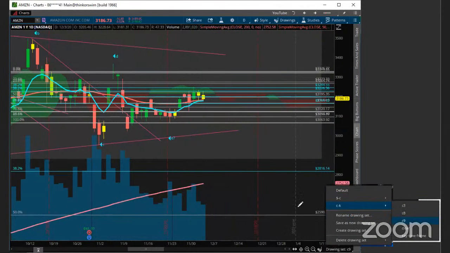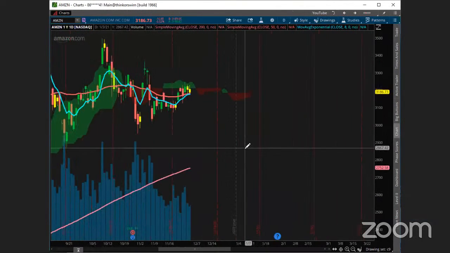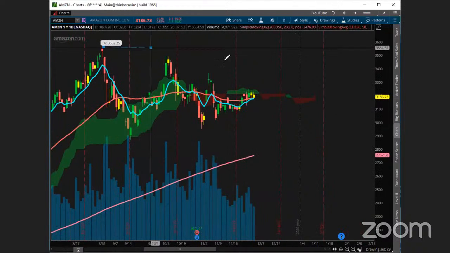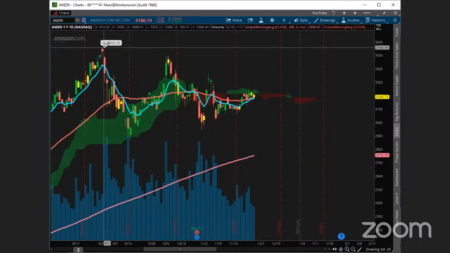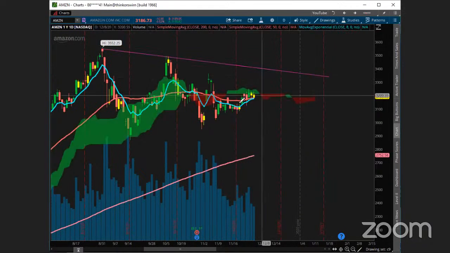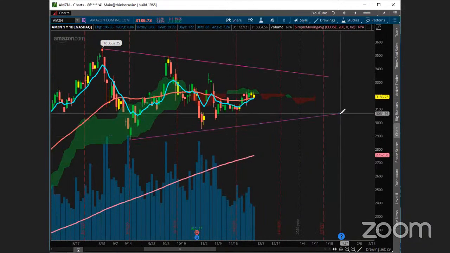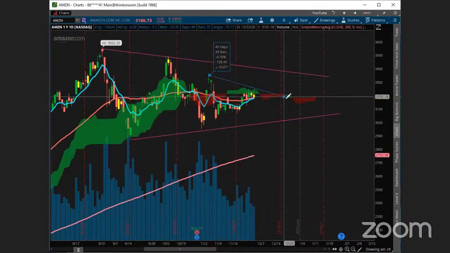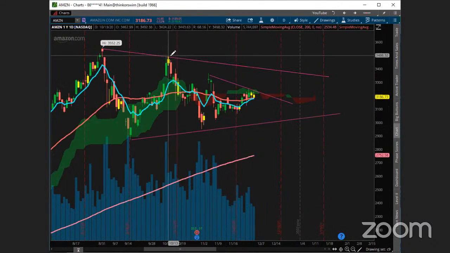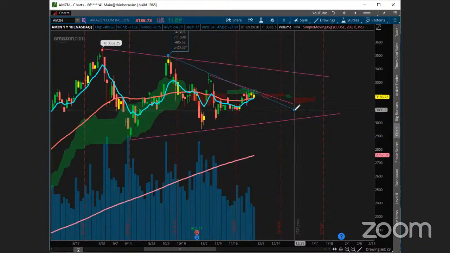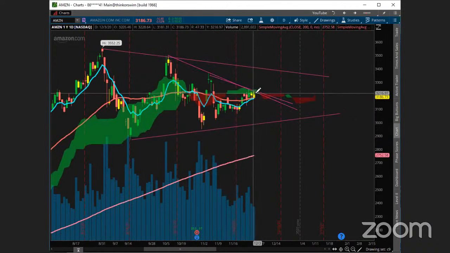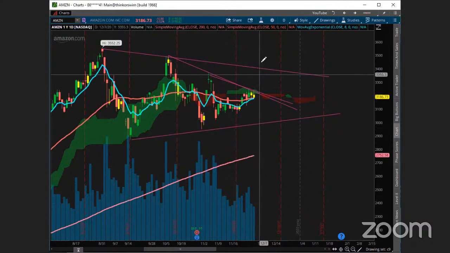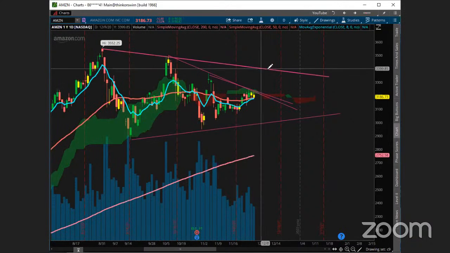Double inside day here on Amazon. Let's see if I can get a clear chart for you. But basically the whole thing with Amazon is it's just kind of triangulating around. Let's get a couple trend lines on here. So it's kind of triangulating around up here. So it's got this and this, and then it's got this geometric line right here. It's a very, very important level for us to continue to monitor. So a couple key geometric levels right here that we want to look at. So double inside, if we could break out over these levels and get over the cloud, there's a possibility that we could work our way up here to that area above.